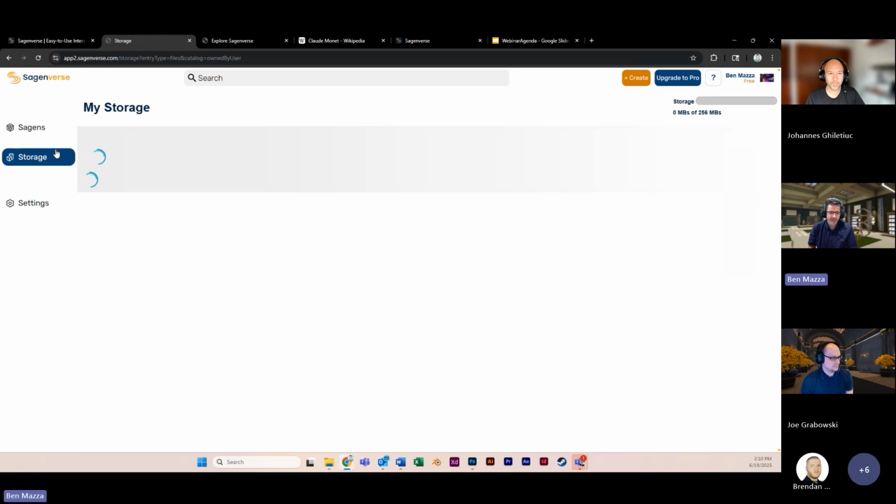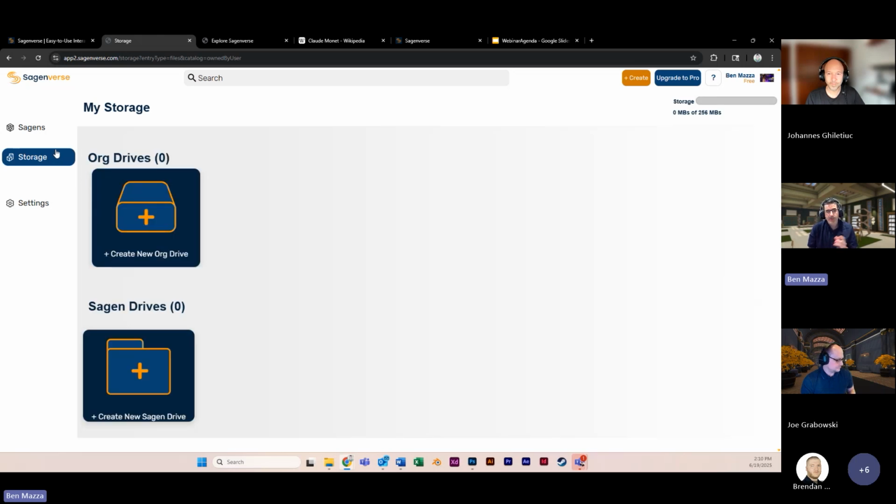On the side here is a link to your storage. So as you make new projects, those projects will show up here representing the collections of files and all the things that will make up the contents of your Sagan. And again, this will make more sense as I loop back through this dashboard after we create our first Sagan